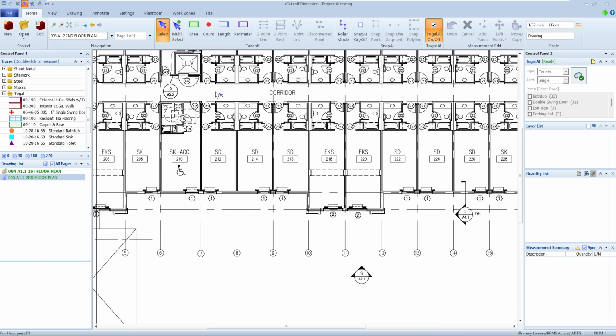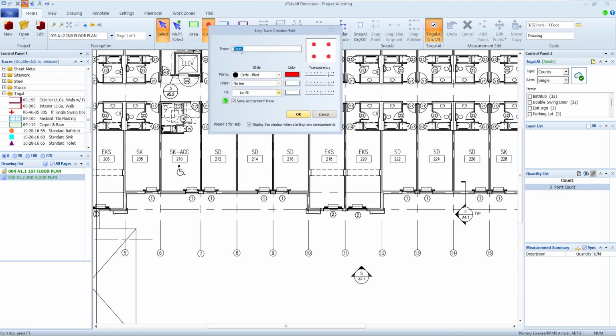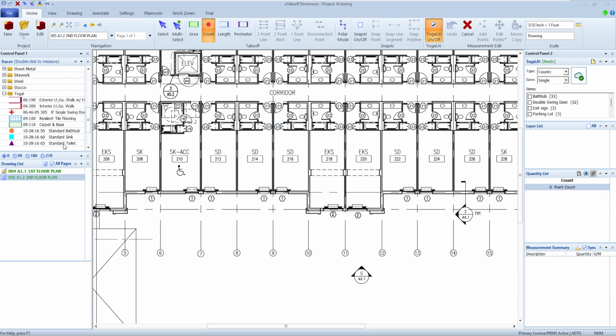So if I came back and did the same thing and said, well, I want to count up the, I don't know. Matter of fact, I probably already have a standard trace for it. So let's say that I want to do bathtubs. Same type of game. If I come in here and highlight one, I could sit there and count them off. If I hold down my control, it would let me go ahead and see all the things that it thinks is a bathtub already. Or since it's in my list, I could also just say, okay, go ahead and take off all the bathtubs.